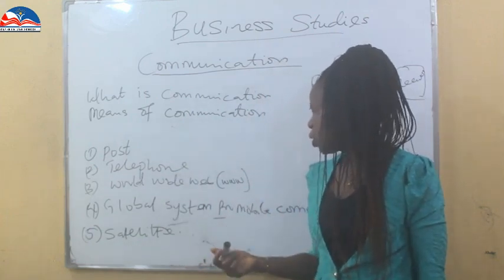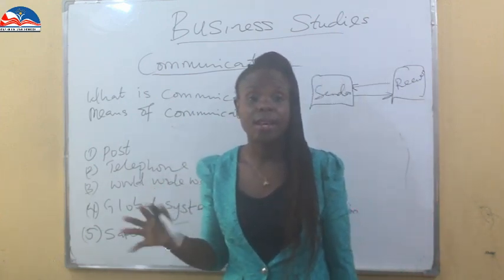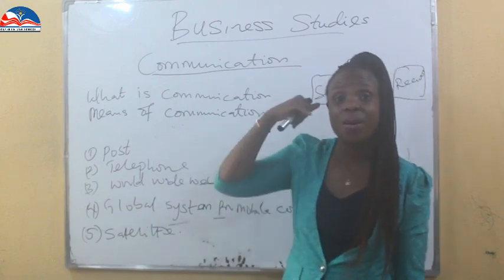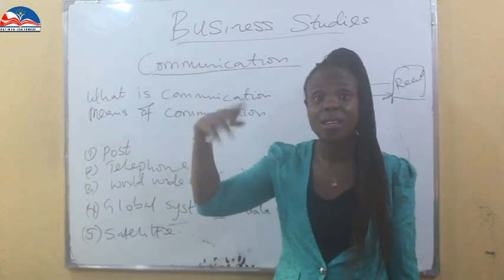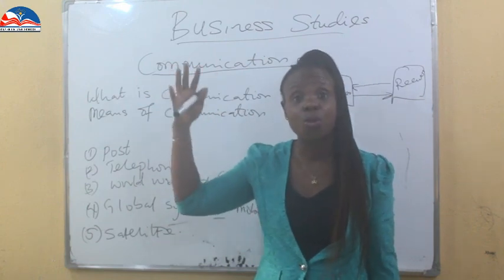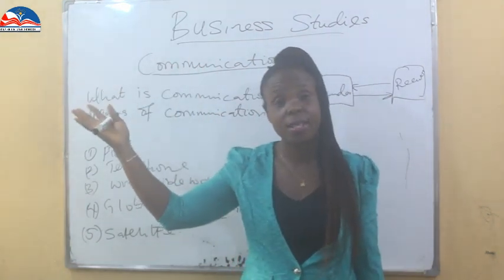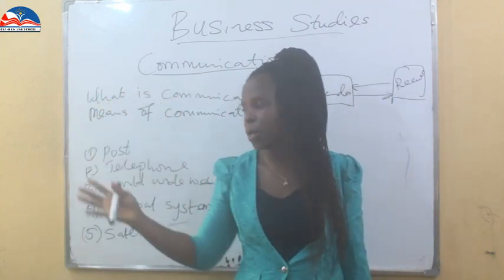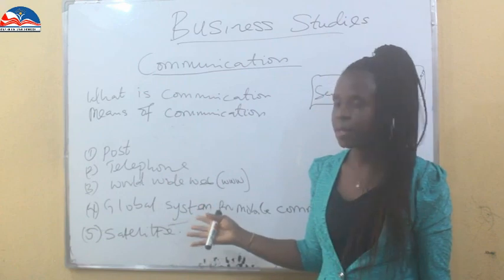Okay, your GSM, it's a wireless form of communication where you carry your message. There is no wire you are seeing. These are invisible wires that help us to communicate with a second person, the sender and the receiver. That's another means of communication. Then we have satellites.